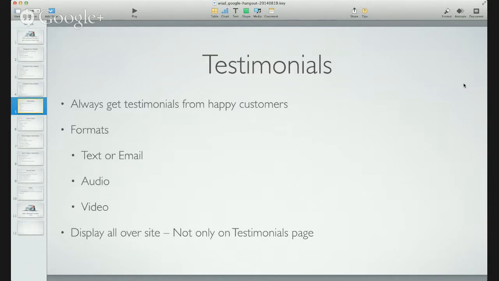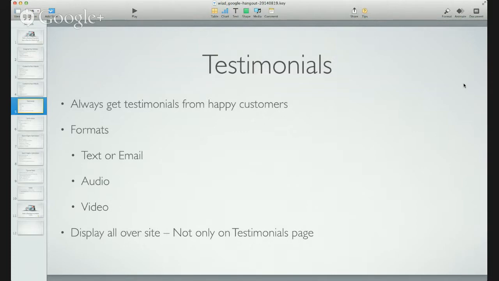So when they send you an email, ask them, may we use this on our website as a testimonial? And nine out of ten times, people will not have a problem with that. But just make sure that you have that, and then list their name if possible. Usually, we don't recommend that you give people's contact information there, because people can spam that, and some of the spam bots and so on can